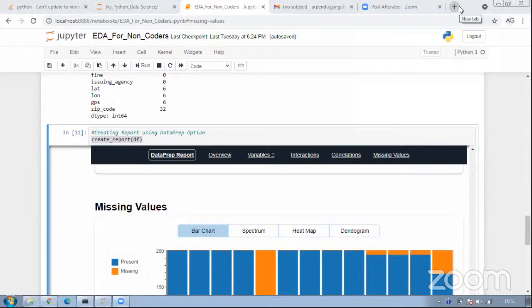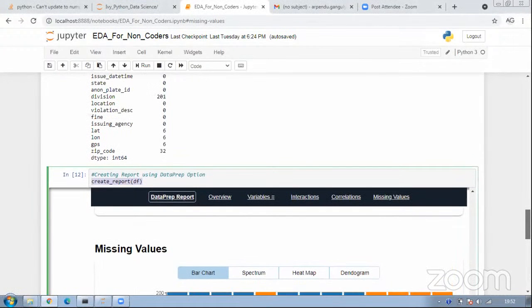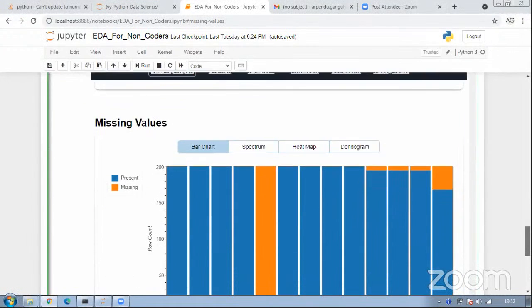This is the first one, and it is among the other two packages which I will show. I would say this gives you the most features in terms of doing any kind of preliminary analysis.